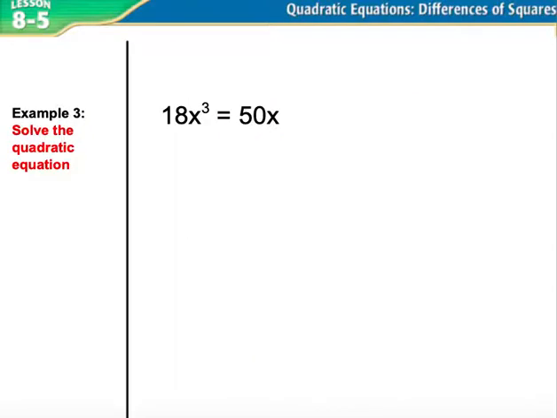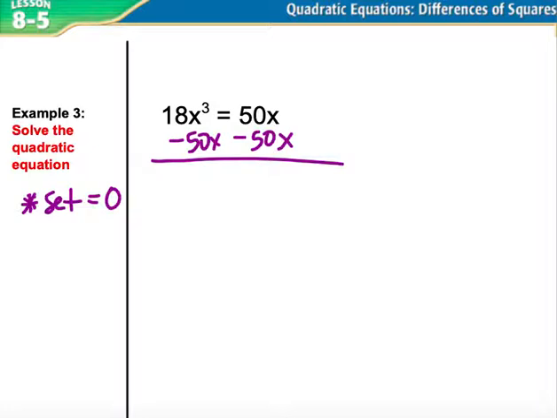Awesome. All right, last one. Last example here, same thing, solve this quadratic equation. Well, A, it's not a quadratic. Look at that, you've got a cube going on in there. B, problem, it's not set equal to 0. So I would argue your first step should be to subtract that 50x and set this, I guess, 18x cubed, this cubic, minus 50x equal to